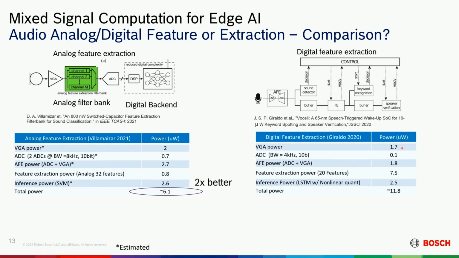So in that case, it's a little bit less clear, because both of these systems are optimized for low power, right? They're not trying to do high fidelity microphone output, measuring at 18 bits, they're for feature extraction and basically classification. So then if we look at this, the ADC powers are even better for the digital one, right? And then we also see that overall, the analog was only 2x better.